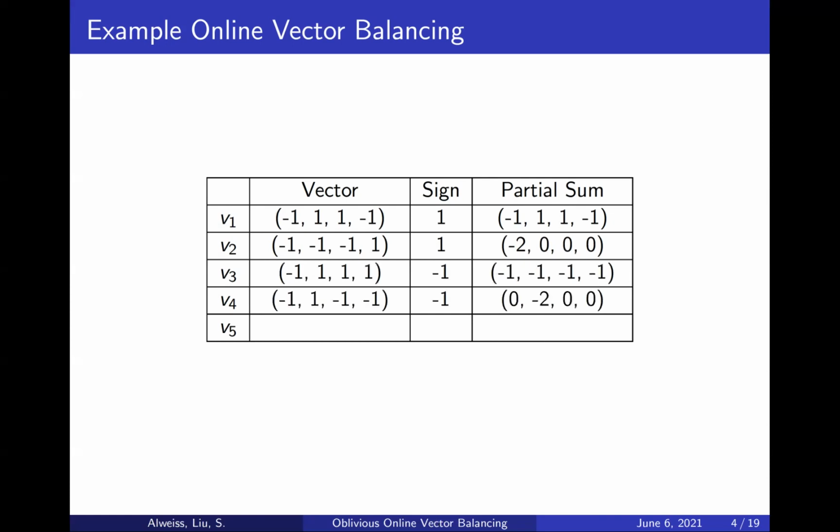So you can continue on in this example. And it turns out, if you pick your signs correctly, you can maintain a discrepancy of at most 2. I think that's optimal here. But if you assign signs all plus 1, well, then you would have the first coordinate being minus 5, and that would make a discrepancy of 5. So you need to be careful in how you choose your signs.